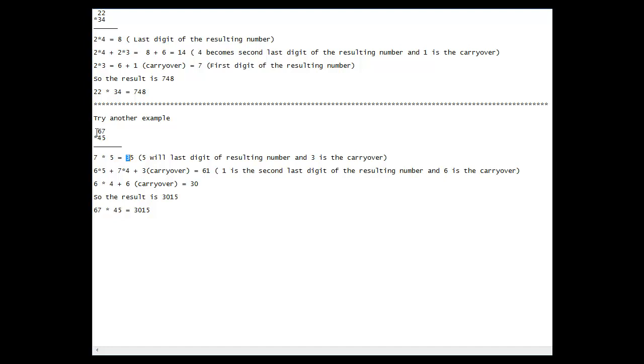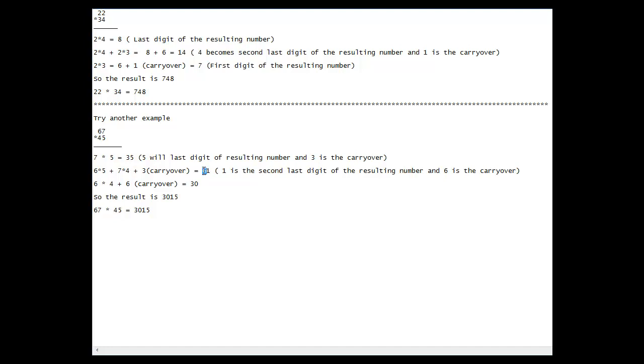The next step is the diagonal multiplication. So here in this case it was 6 multiplied by 5, addition 7 multiplied by 4, plus the carryover. So 6 multiplied by 5 is 30, 7 multiplied by 4 is 28, which becomes 58, and 3 is the carryover, so 58 plus 3 is 61. Here again it's a two-digit number, so 1 is a part of the result set, whereas 6 is the carryover